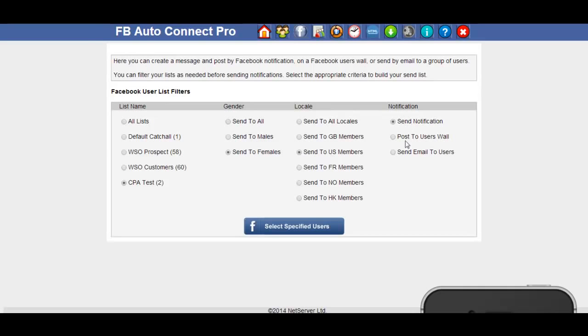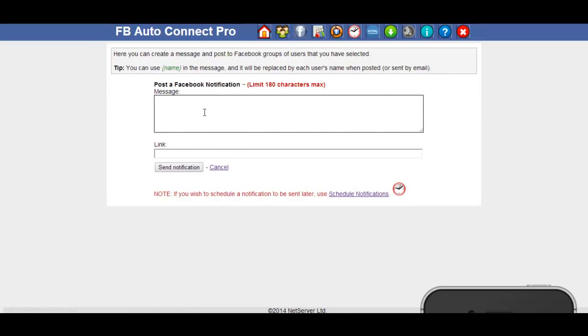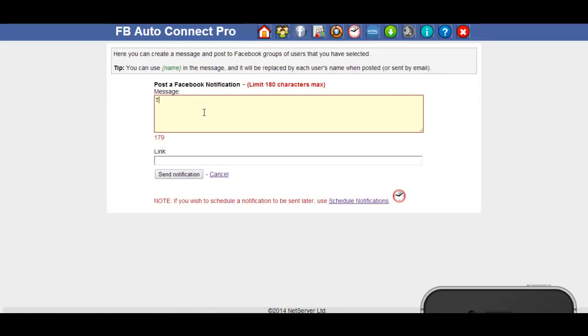Then you can choose the message you want to send, either a notification, post a message to their wall, or send an email direct to their real email account. For this example, we're going to choose all genders, all locations, and we're going to send a notification to our Facebook account. So if I click on the Facebook button at the bottom here, this will take us through to a form field. I'm just going to type in test message